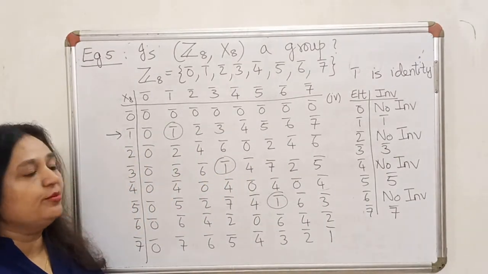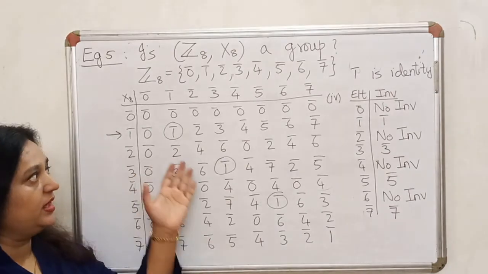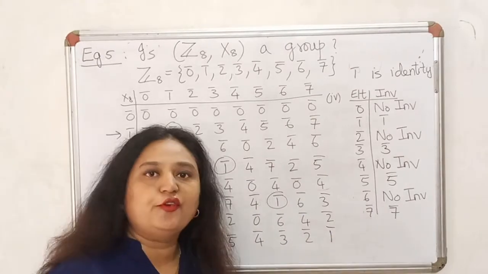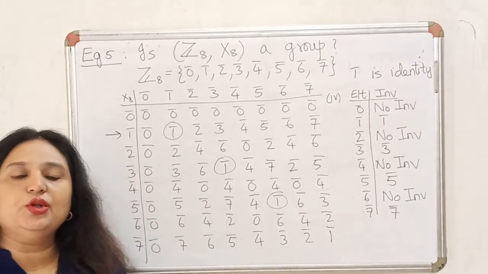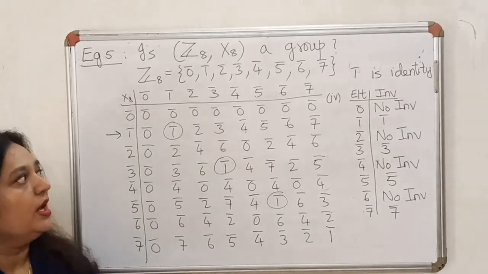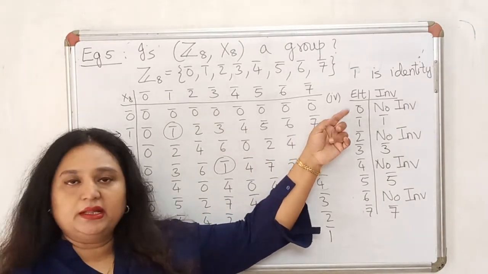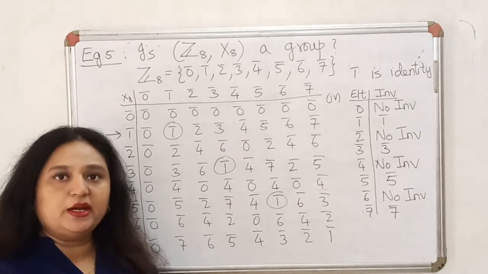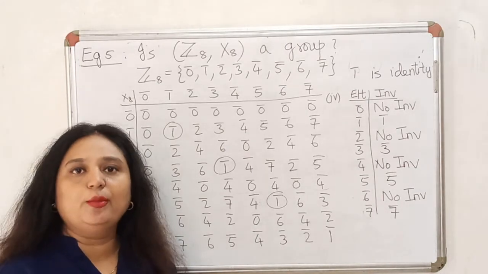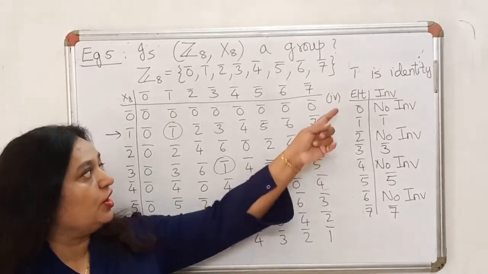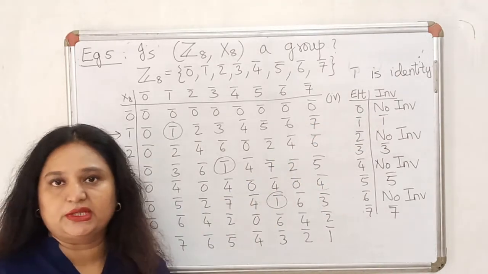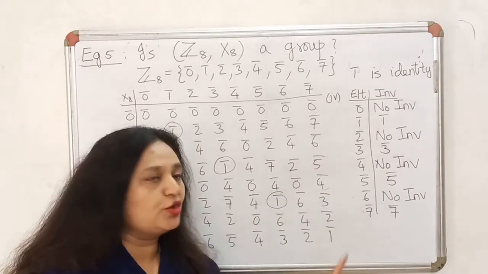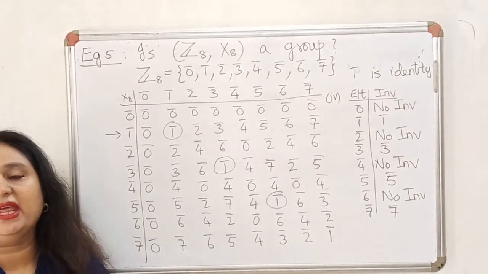So for multiplication modulo n, specifically in this example when n is 8, we notice that some elements have inverses for multiplication, some elements do not have inverses for multiplication. Now it is not very surprising that 0 bar does not have an inverse for multiplication, because 0 bar into anything will always give you 0 bar, it will never give you 1 bar. So 0 bar cannot have an inverse with respect to multiplication. But apart from 0 bar also there are elements which do not have inverses.